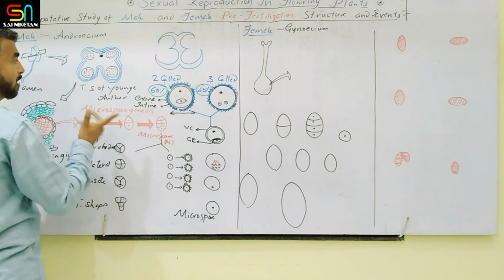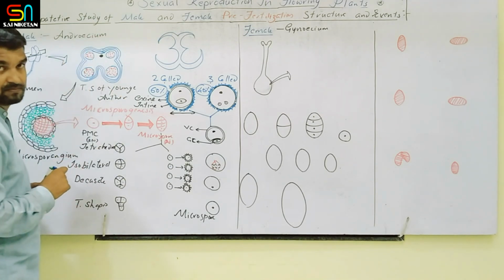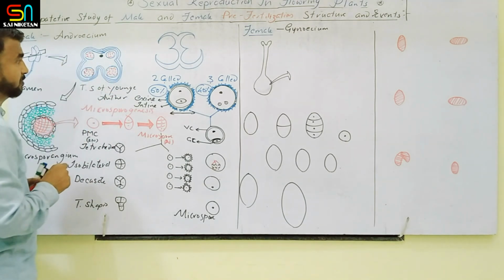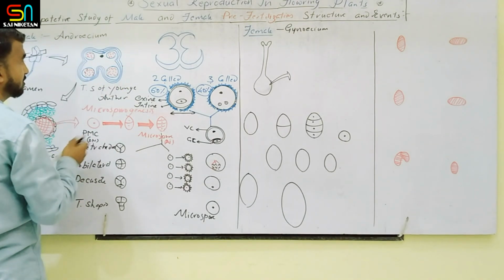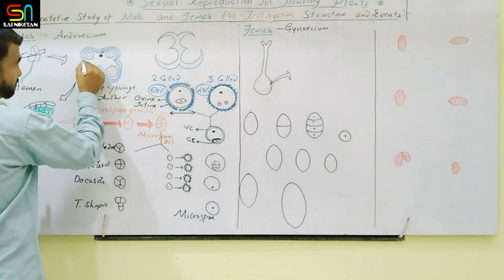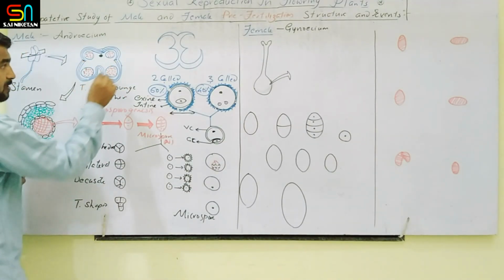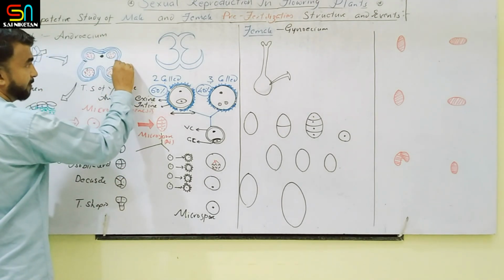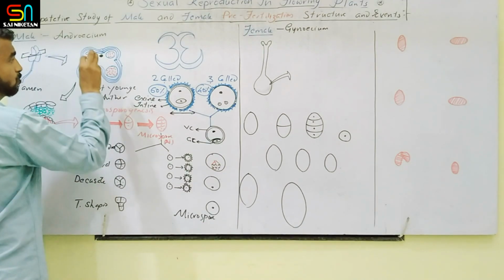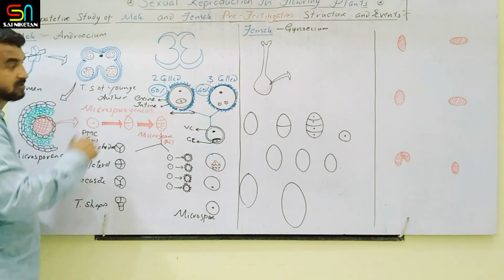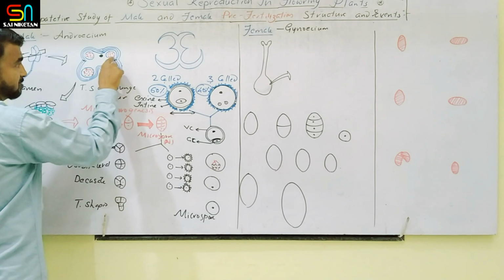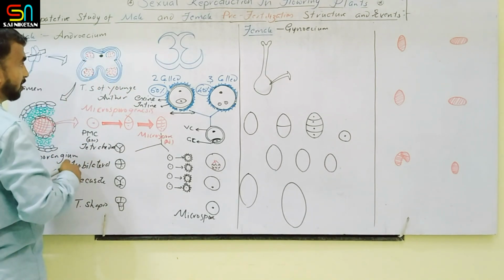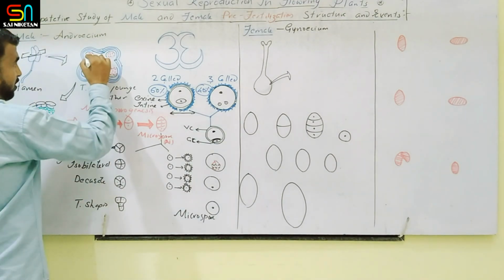Clear? Gradually this anther undergoes dehydration, meaning whatever water is there will evaporate. So it becomes dry. At this special position, the thickness of the anther wall is very thin. It is made up of a single layer of cells, epidermis and endothecium. Due to the development of pollen grains, pressure is exerted, and suddenly this microsporangia ruptures and forms one common chamber. Clear? So both the pollen sacs are united.